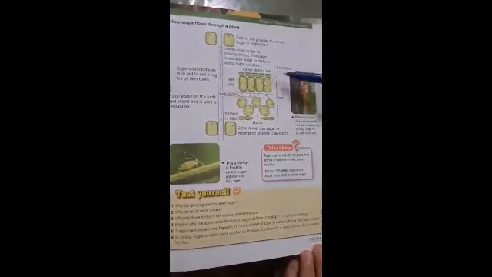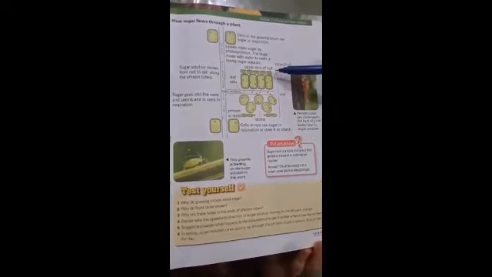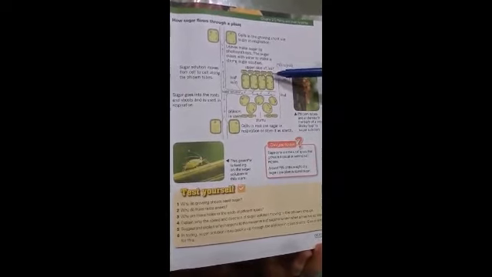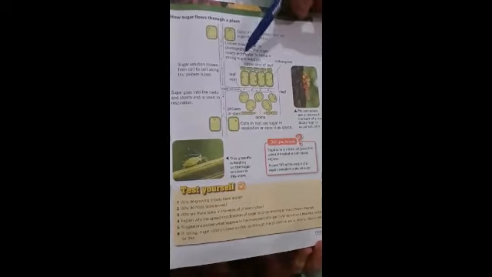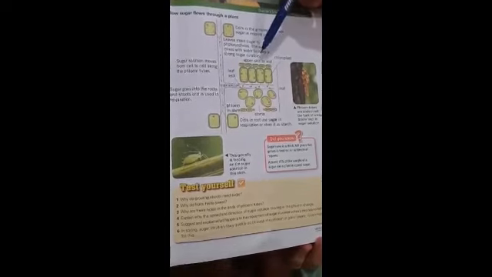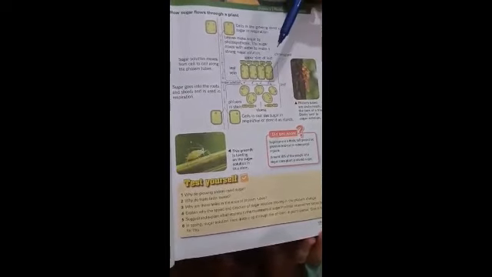Beta, this is the internal structure of the leaf. This is the upper skin, also known as upper epidermis, that is transparent to let the light pass through it to the cells below, and it has a waxy cuticle to prevent the excess loss of water. In between the upper epidermis and lower epidermis, there is photosynthetic tissue.